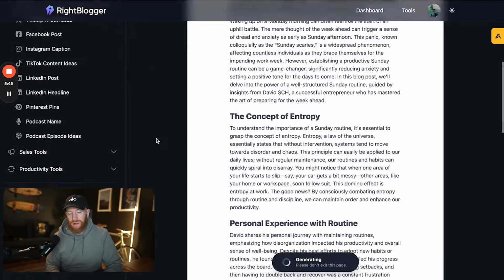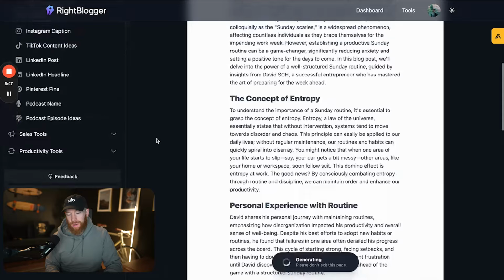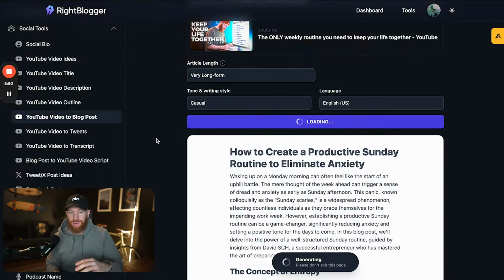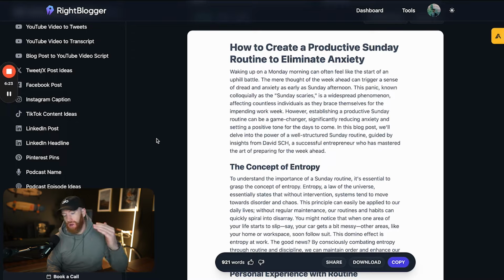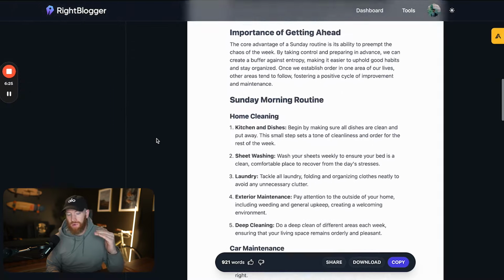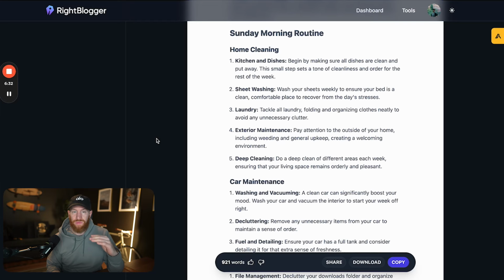Now, as you can see here, it's starting to generate it. I find that it actually writes it out, and then sometimes it'll go back and edit itself. So before you jump to a conclusion, let it finish writing what it's writing. All right, so it wrote a 921 word blog post. And you can see here that it has all the concepts of the outlines from my video. And it does a really good job. I mean, pretty much this video itself has a number of different points in it.